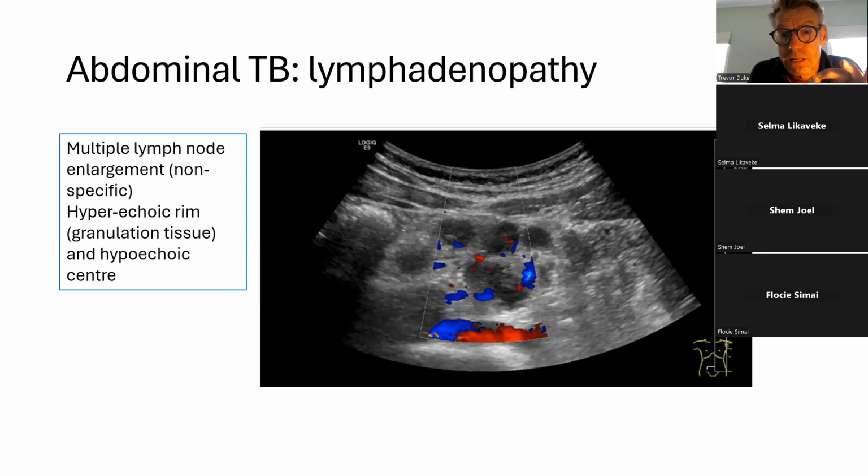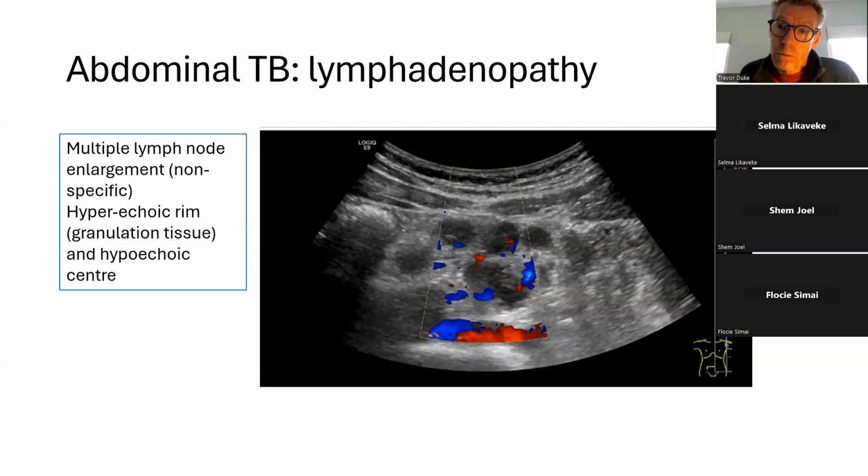So this is a child who had abdominal TB, and you can see there are large hypoechoic, like black circles within the abdominal cavity, and they have a hyperechoic capsule, and it's a thickened hyperechoic capsule, and they're hypoechoic. So you can see 1, 2, 3, 4, 5 quite large lymph nodes, and that would be typical of